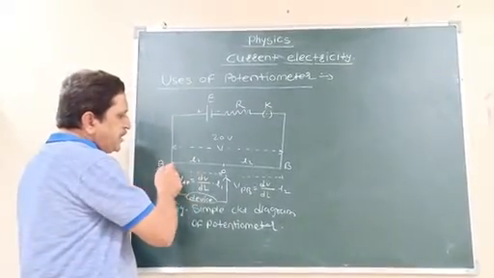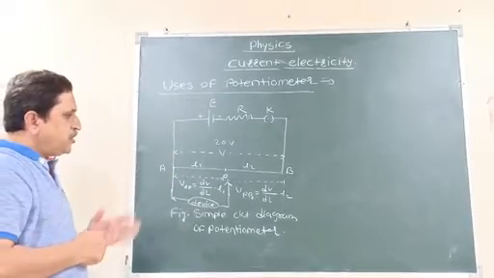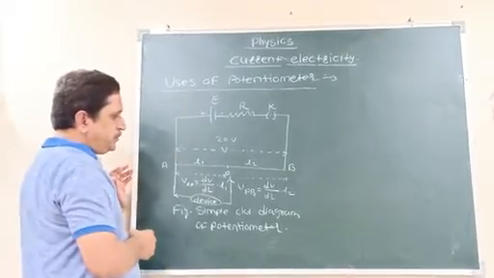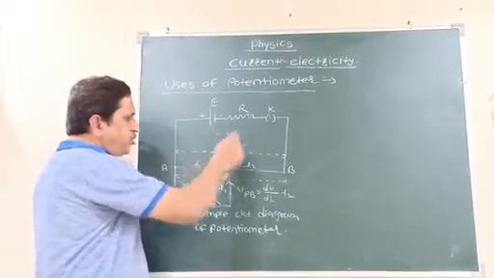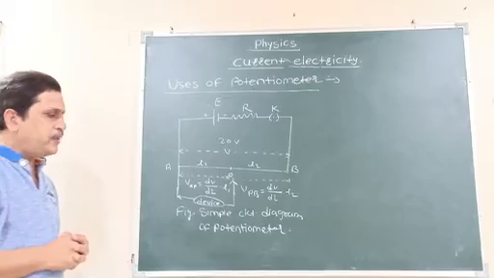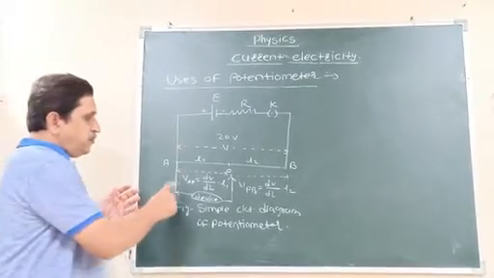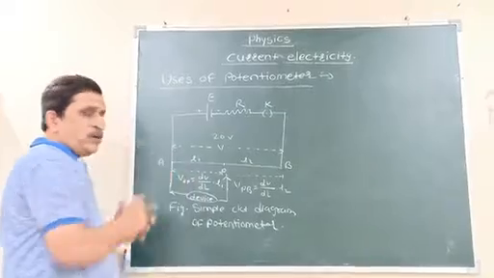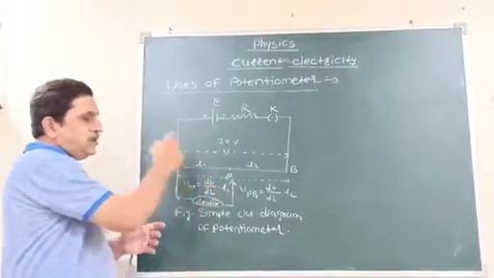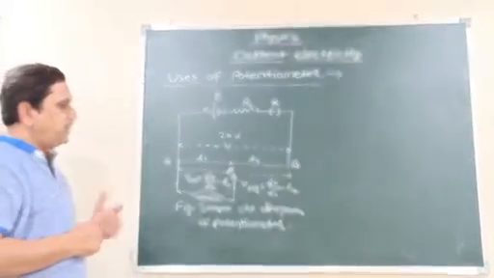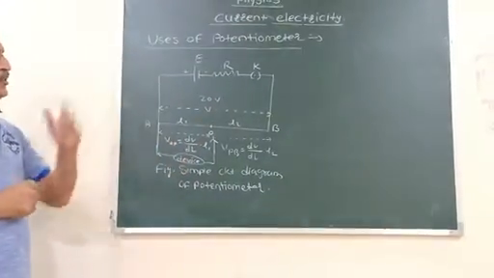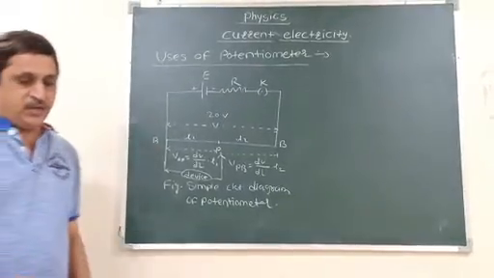Now we are moving that jockey along the wire AB, and because of that the voltage goes on increasing or decreasing depending upon the motion of that jockey. When we move the jockey along the wire AB, it is observed that the voltage drop per unit length of that potential, no doubt, is constant, but the potential difference between these 2 points also goes on increasing or decreasing depending upon the motion. In this way we can obtain how much voltage we require. Depending upon that voltage, we can slide that jockey along the wire AB, and in this way we can use potentiometer as a voltage divider.